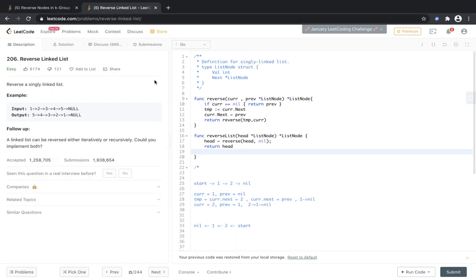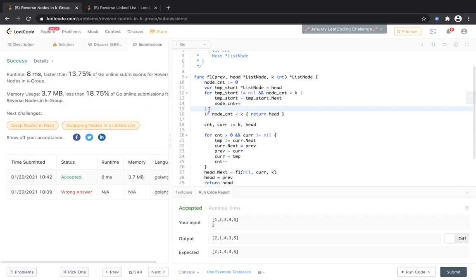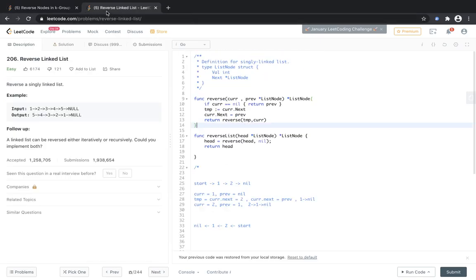So I did it beforehand and I will explain how I did it, but before that I will explain how to do this question using while loops. So in the previous video we did this question using recursion and that works, but we can also do this using simple while loops, and that is going to help us a lot while doing this question. So let's try to do this question using while loops.